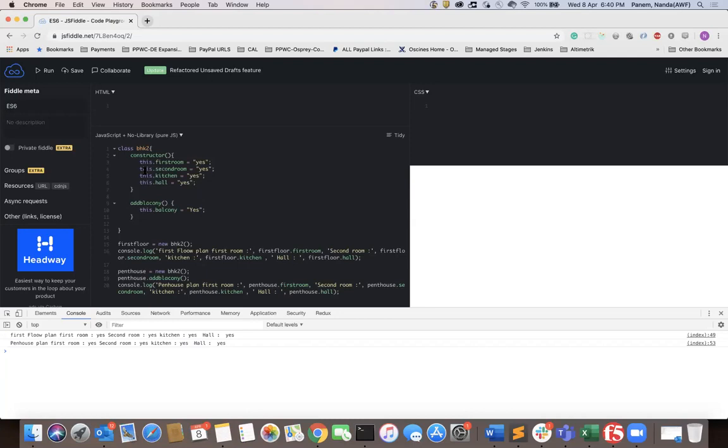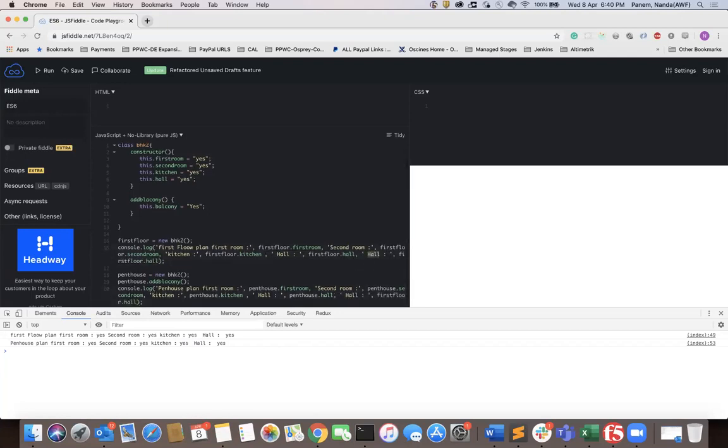Everything will come. But what happened for this penthouse guy? He is looking for some extra features. What is he looking for? He is looking for a balcony. So let's try to print balcony for these two people.